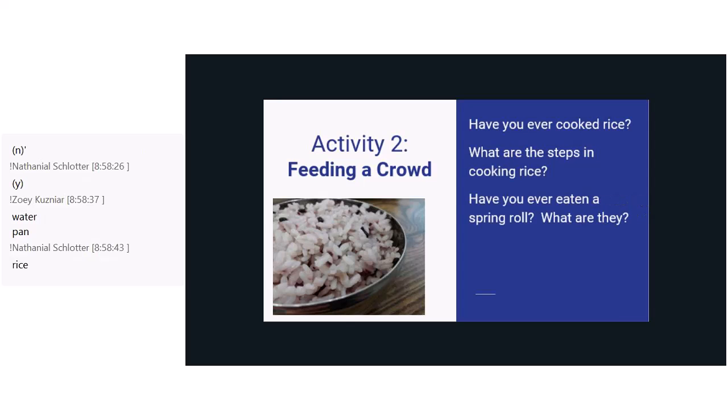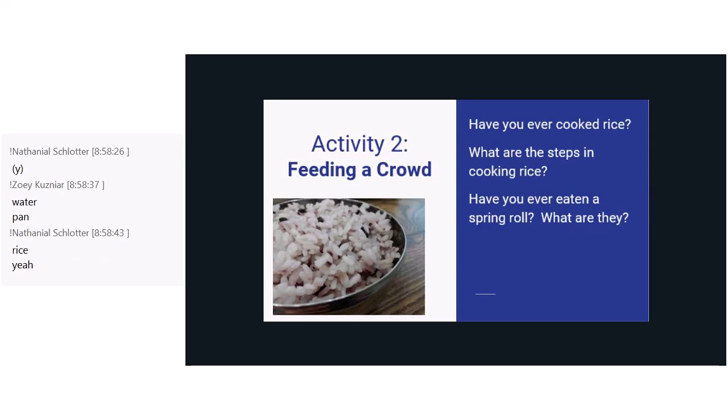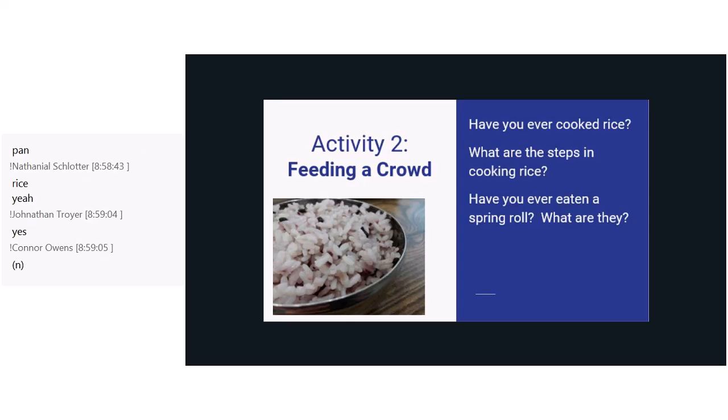How about a spring roll? Spring roll is maybe a fancier term, I don't know, for an egg roll. Have you eaten egg rolls before? I'm not a big egg roll fan. I don't really like cabbage. They have cabbage in them, I think. My husband loves them. He puts so much soy sauce on them when we do takeout from Chinese restaurants, but